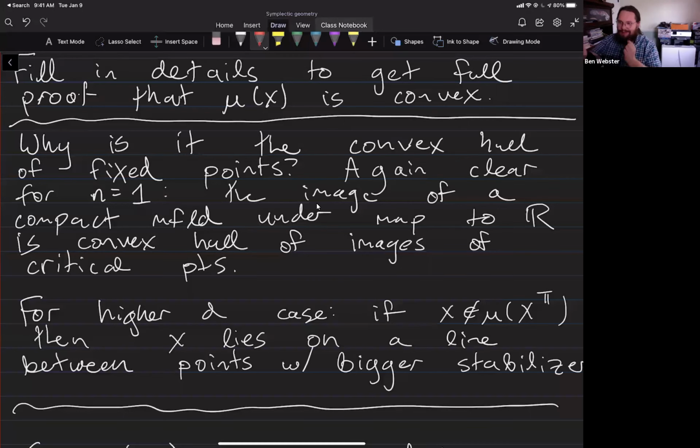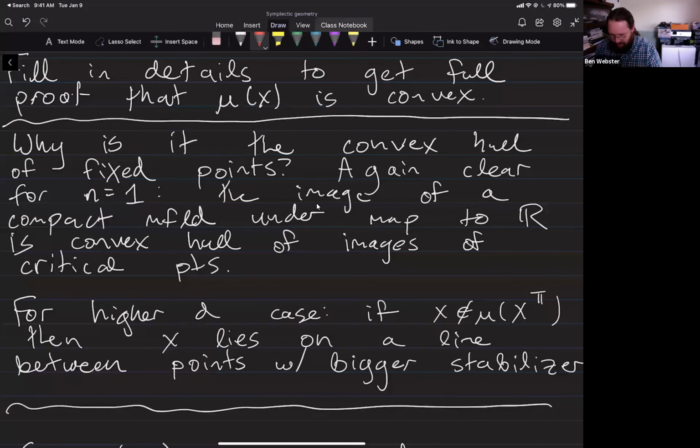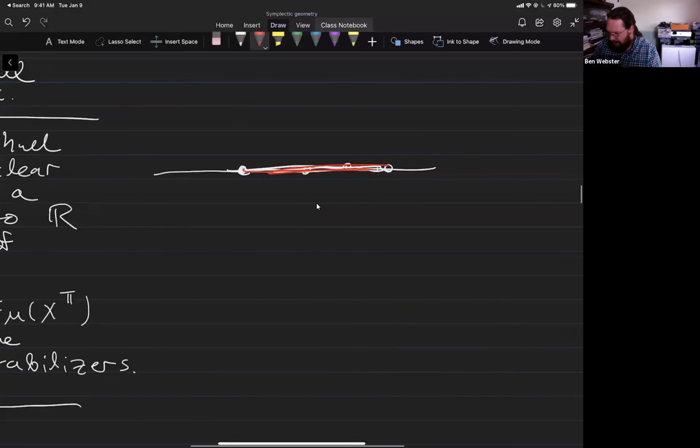And then if you're on a line between points with bigger stabilizers, well, if those aren't fixed points, then they're on lines between points with bigger stabilizers. And eventually you find a way of writing yourself as a convex linear combination of the images of fixed points. So don't worry too much about this in depth. The other way I find useful to think about this is,